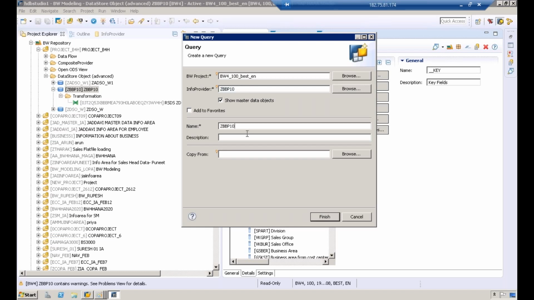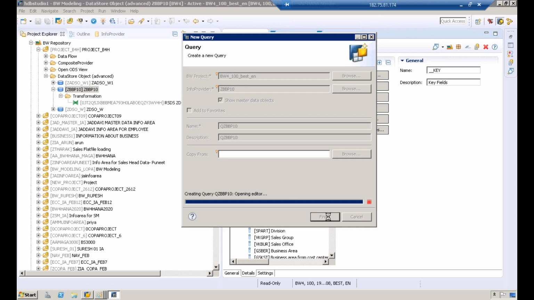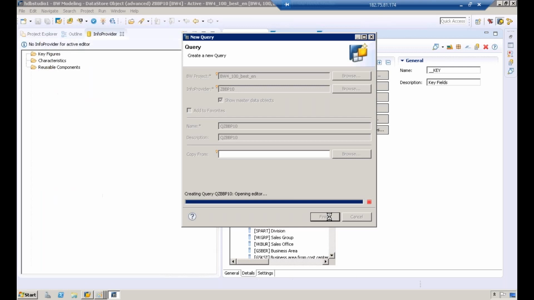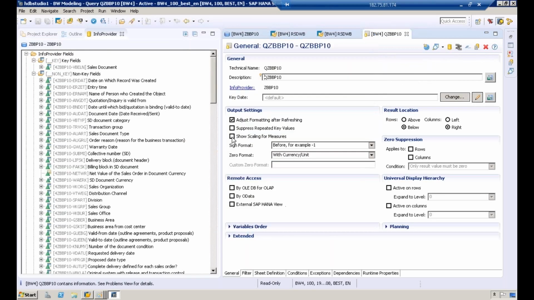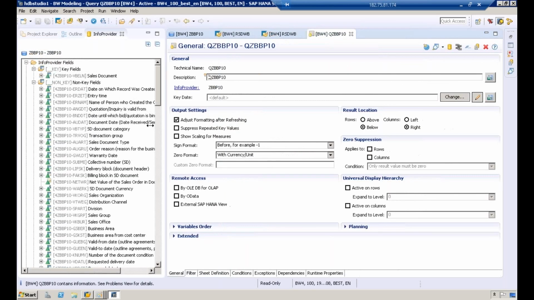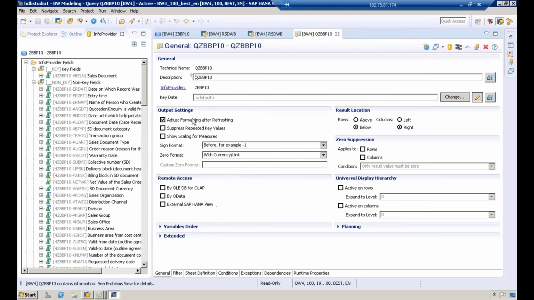Provide the name for the query and click finish. So once I click finish, I'm creating a query. Now what is the purpose of a query? The query will access data from the advanced DSO. So what I'm going to do is